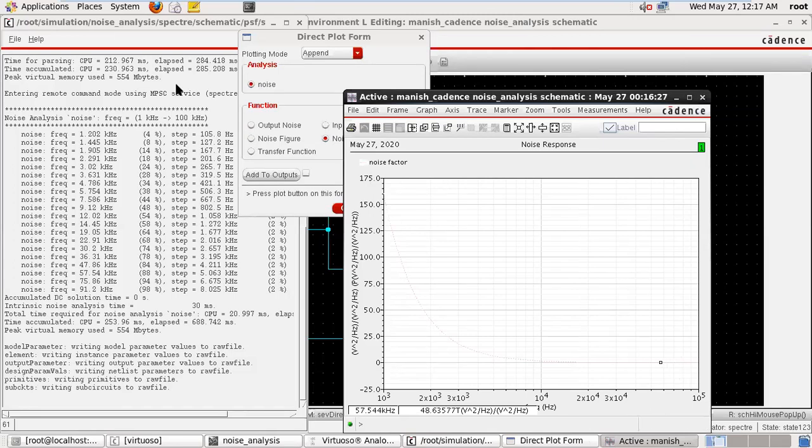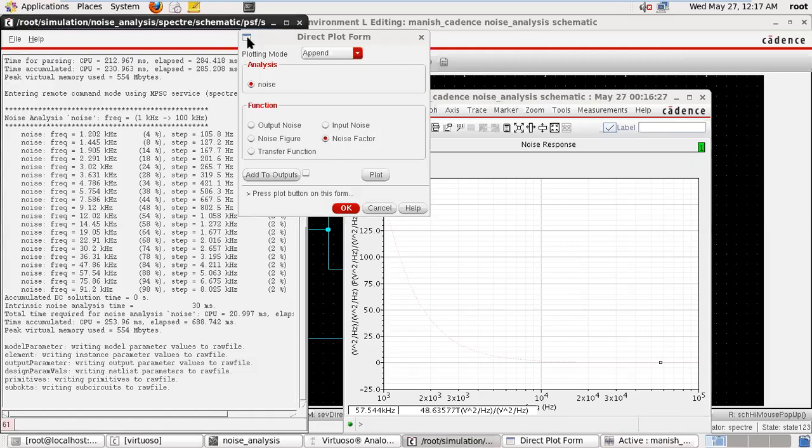Now hope that you are aware of how we can plot the noise figure, noise factor, transfer function, output noise and input noise in the circuit, and what the significance of the port is in the selection of output noise or bias, and likewise the significance of the port, input voltage and output port. Thank you very much.